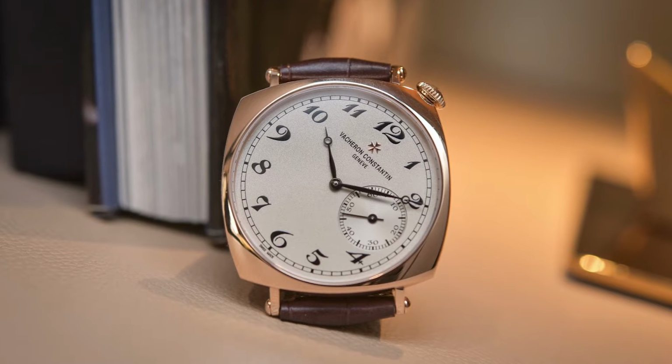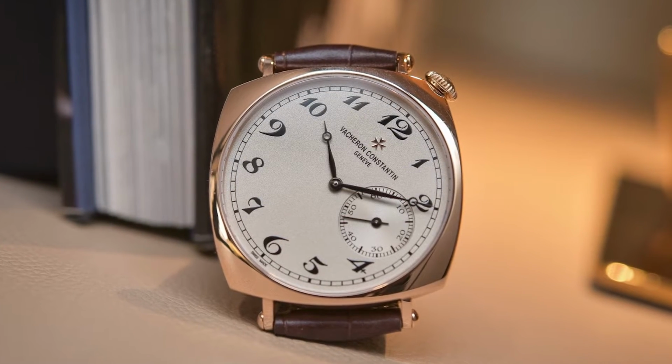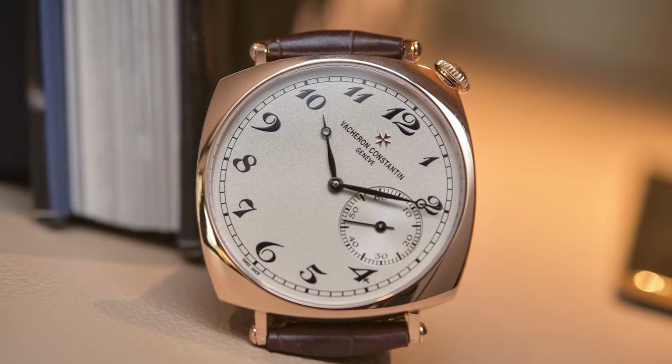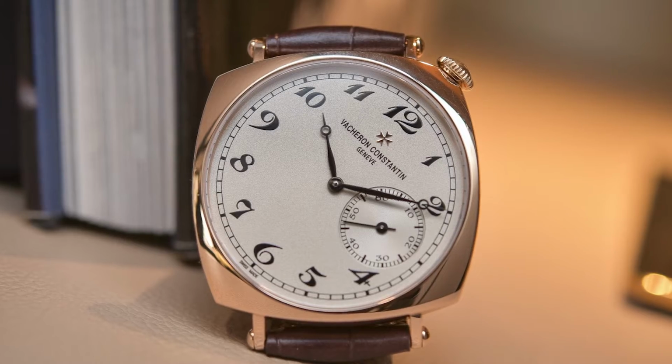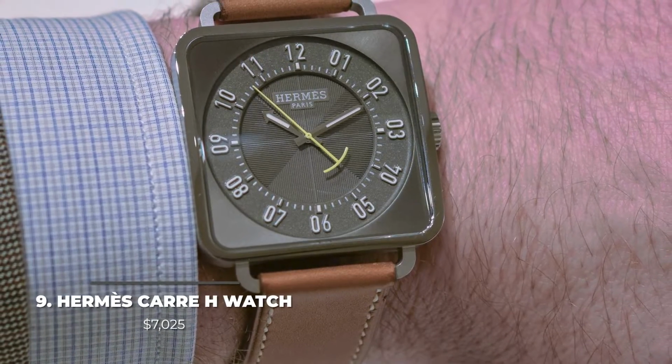The star of the show, though, is the slanted dial, which isn't something made for fun, but a conscious and well-thought decision, making looking at the watch easier without the need to turn your hand all the way in front of your eyes. Number 9, the Hermès Car H Watch at a price of